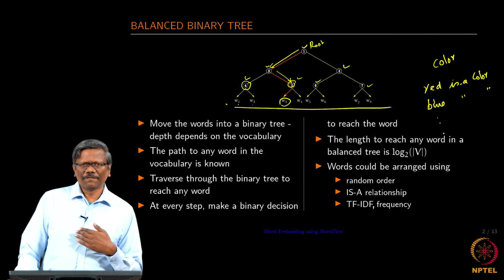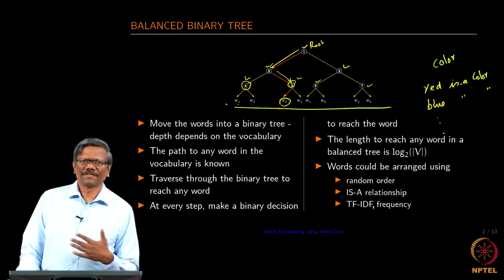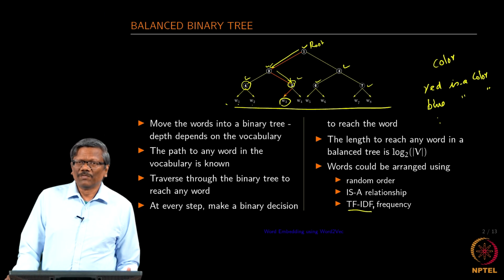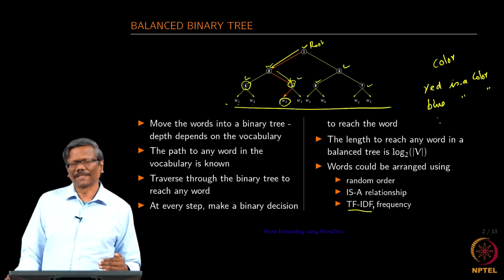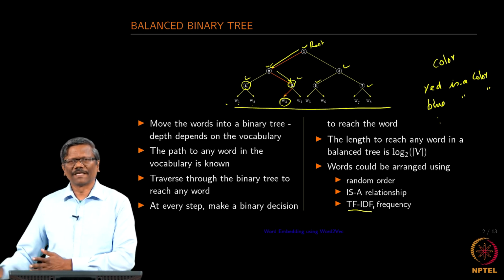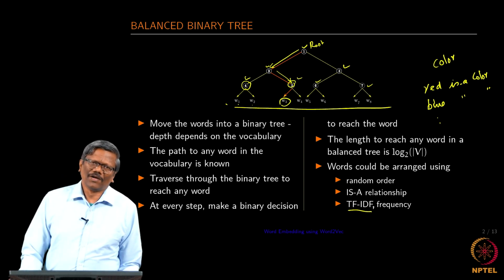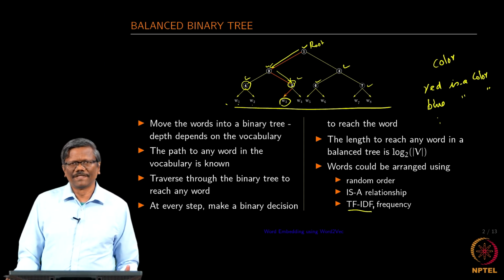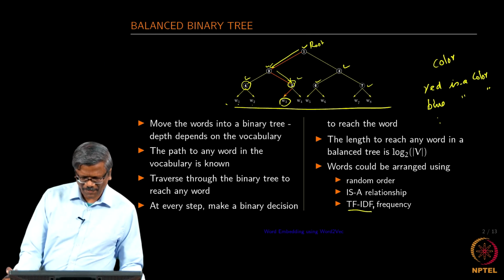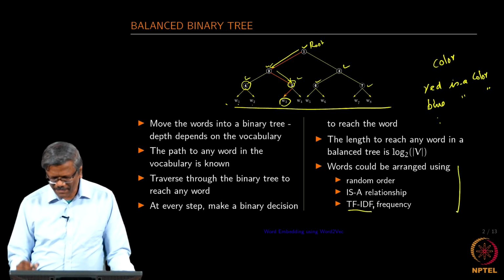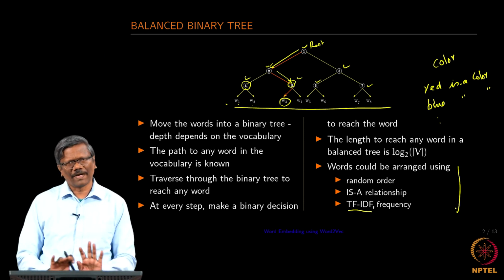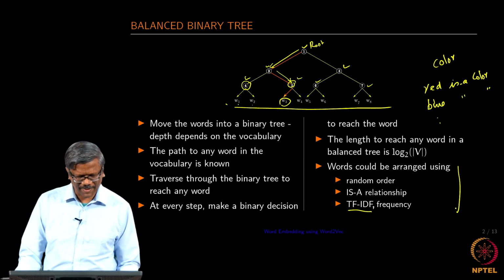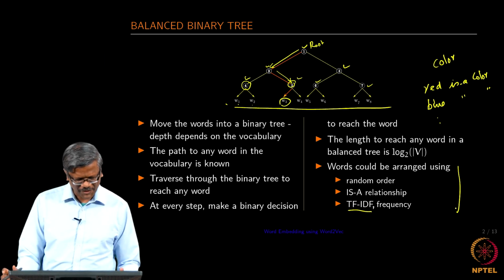And then we can use the frequencies of the words in the corpus. So, for the most frequently occurring word, we can use a shorter path, and for the least occurring words we can probably have a longer path in the binary tree. Again, if you go with this approach, the tree is not going to be balanced, it is an unbalanced tree. So, there are ways of arranging the tree. Let us assume that we have arranged it in some form and it is available for us for the computation for the sake of this lecture.